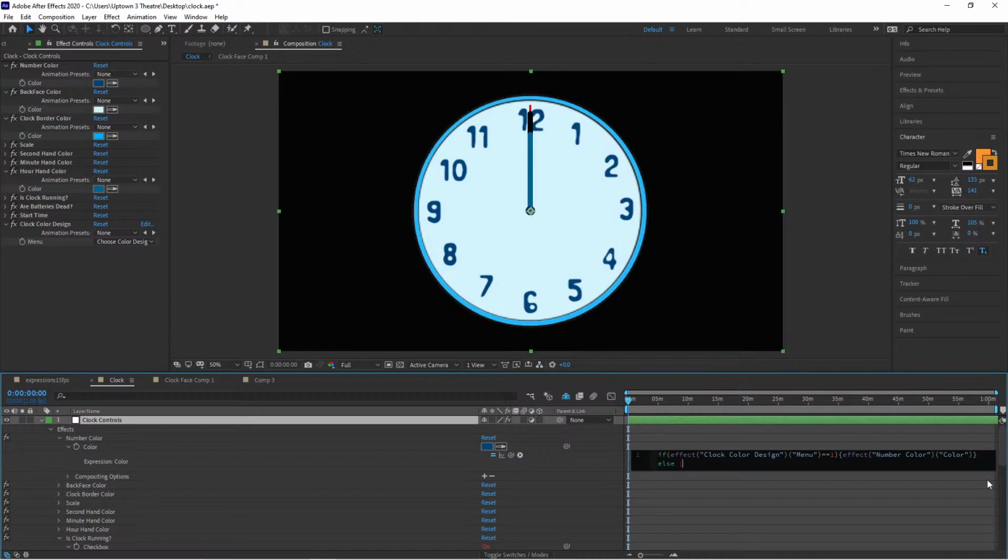Else, okay, actually, we're not even going to do an else, we're going to do else if, okay? So this allows us to do more than one option. So if it's equal to 1, do the default color. Else, or in other words, if it's not that and it's instead